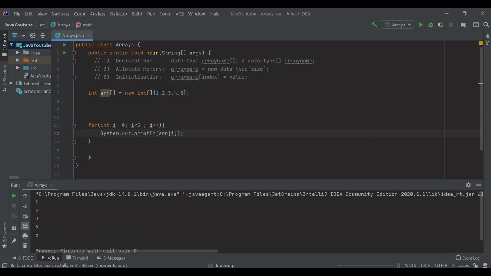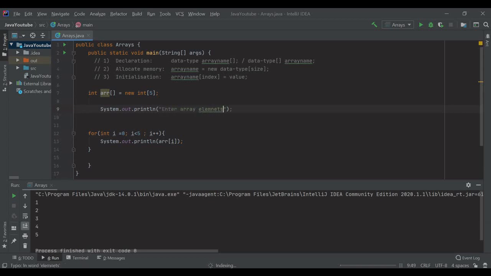Now suppose you want to take user input values. Sometimes you don't want to initialize yourself, but you want to take user input values. So for that also, first say System.out.println, enter array elements.